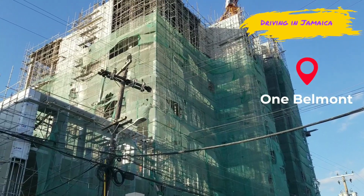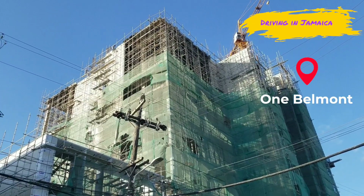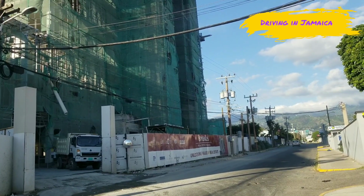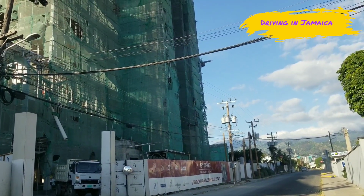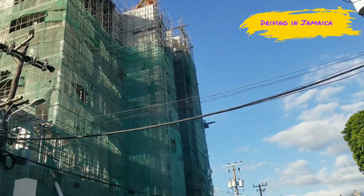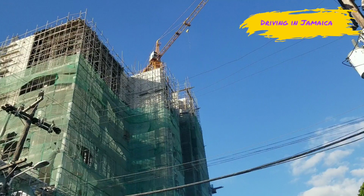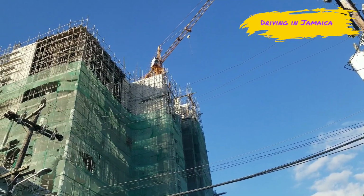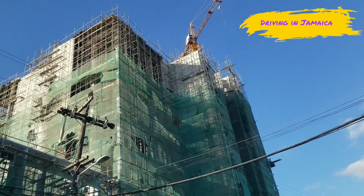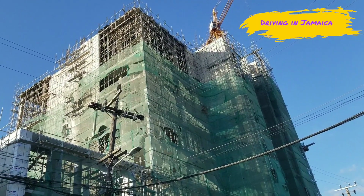The development, located at 1-3 Belmont Road in New Kingston, is seen as a response to the realities of the current work environment, uniting design and technology to create an architectural masterpiece with state-of-the-art features and promote the health, safety, and comfort of those who will utilize the space. It will include rooftop entertainment for corporate events, LED lighting surrounding the building, as well as a host of other unique features. Vice President and Head of Real Estate and Project Finance at Cygnus Group, David Cummins, said that the